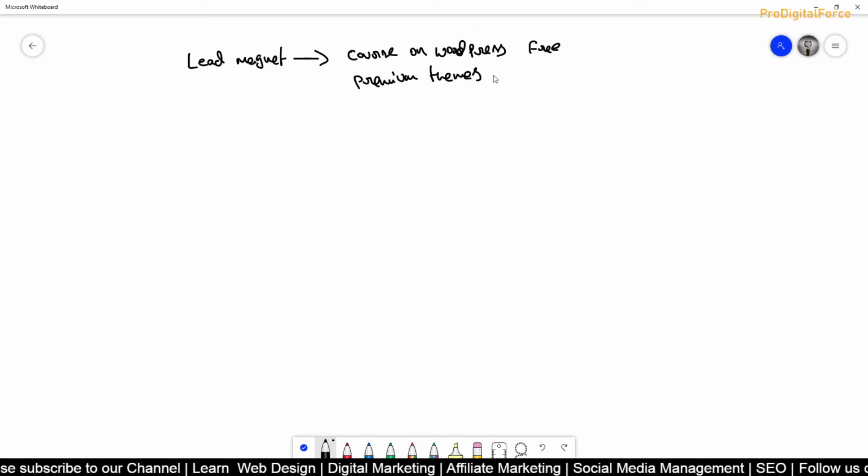You can offer a freemium theme or plugin. Why I'm saying premium is the free version they can download already, right? We have plugins as well. So premium theme means maybe OceanWP or Astra, something like that. You could have a premium theme already with you that you can offer them, right?